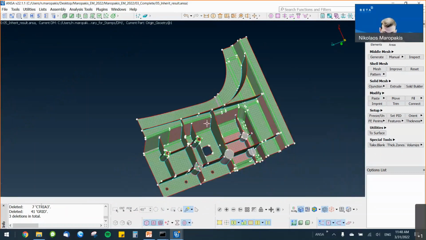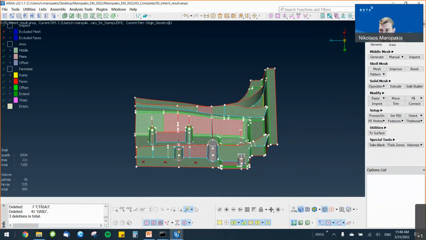So that was all from my presentation. We saw in this small presentation that we generated a cell mesh on a model. We also generated a middle mesh from a 3D geometry. And we did all that mostly keeping the mouse and our focus in the middle of our screen.